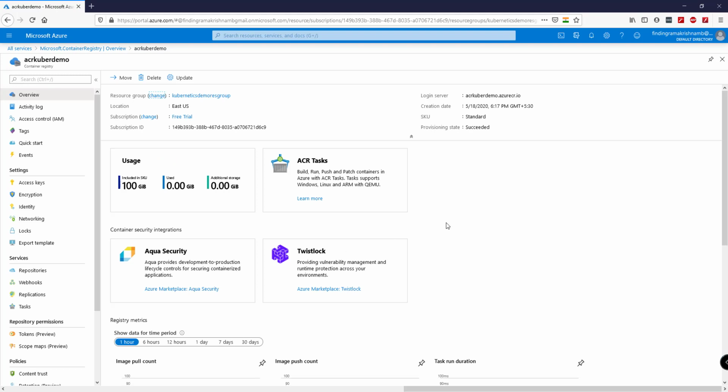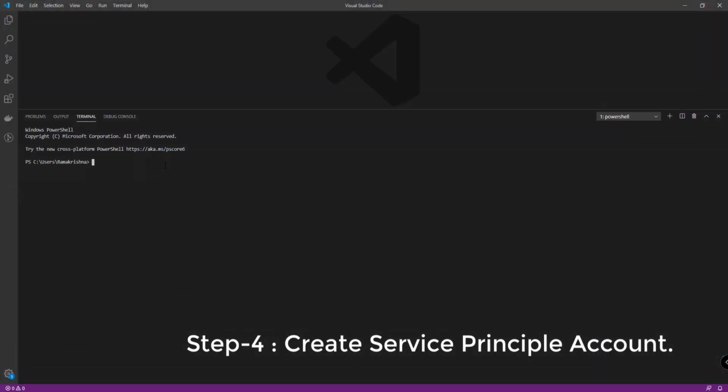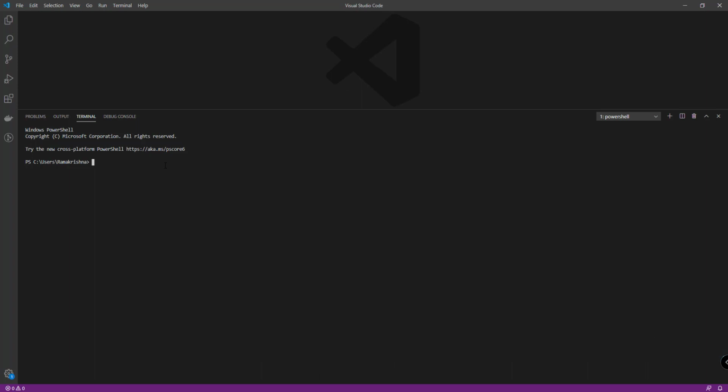Now we need a service principal account. To create a service principal account, let us switch back to our Visual Studio Code terminal. First, log into Azure. To log into Azure, we will use this command.